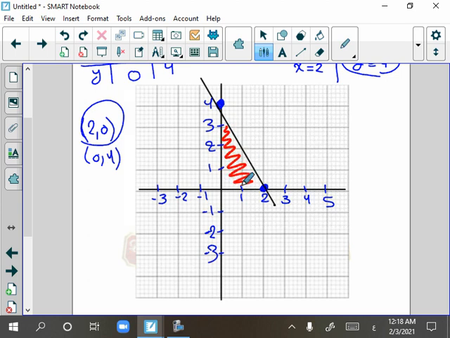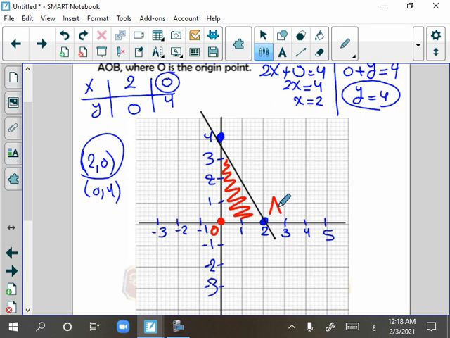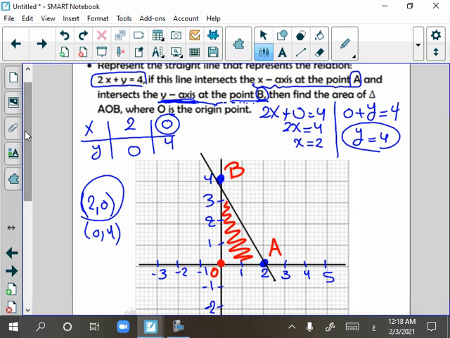This point is called O, and A and B. This triangle is OAB. In the question, we are asked to find the area of the triangle. Area of triangle equals